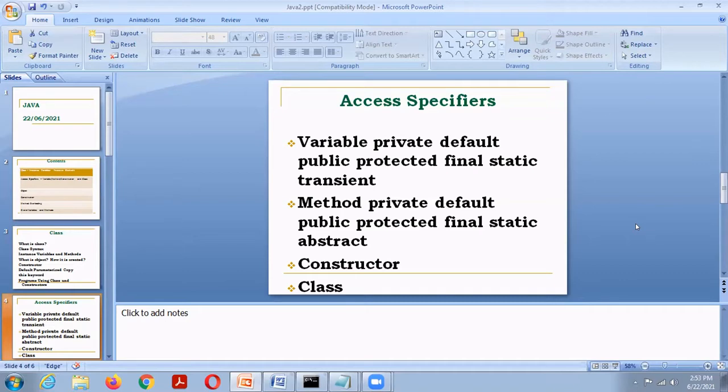For example, toothpaste and brush. Here the brush is an instance member, and the paste is a static member, because it is common for the entire family. The brush is unique. Similarly, in a classroom, the blackboard is a static member, common for all students. Every student has their own notebook, so the notebook is an instance member.